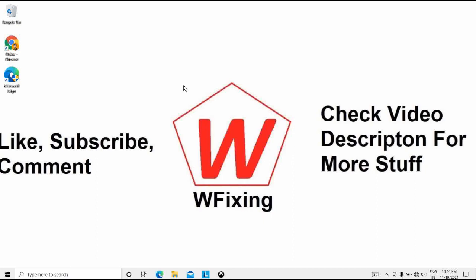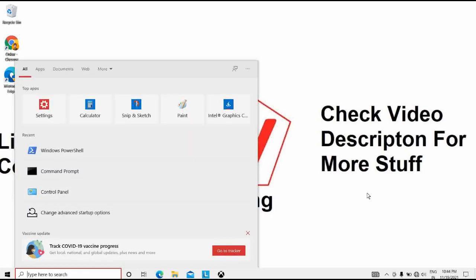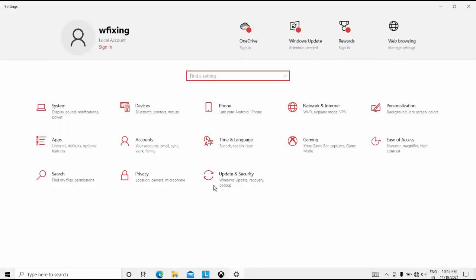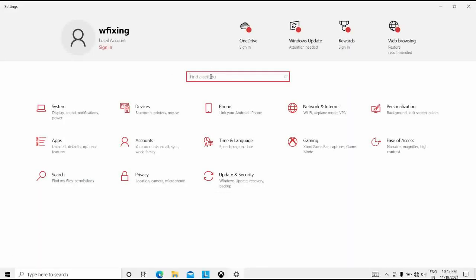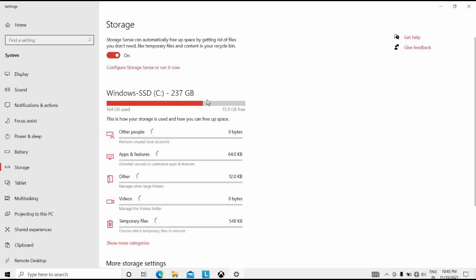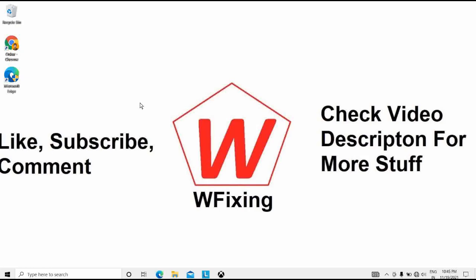Second is to try another USB port. You can try another USB port. You can go to the settings, then go to storage and check there. I will type here storage settings. You can see it will show up here if it is connected. The next solution is a genuine solution for this, as we have very minimal solutions for this problem.